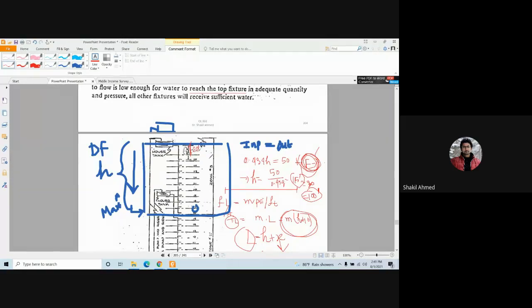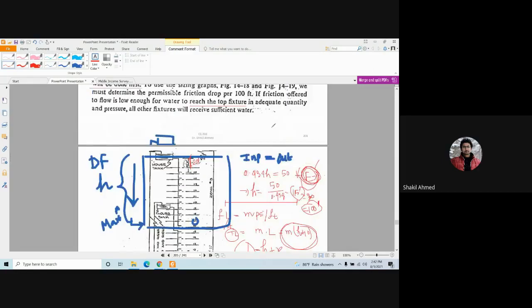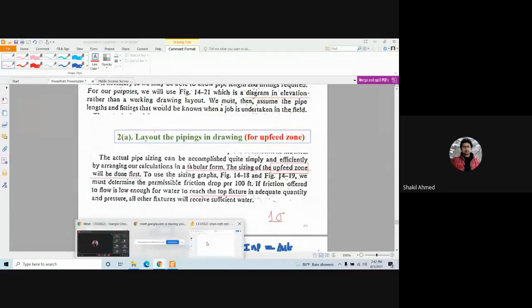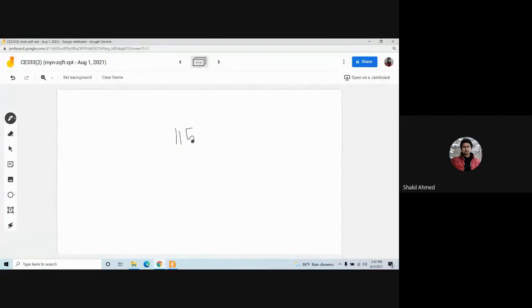25, or 20, or whatever. You can adjust it later. We are just assuming. So 20 minus other frictional losses, you can assume approximately 100 feet. From here, you got 115. Then minus the